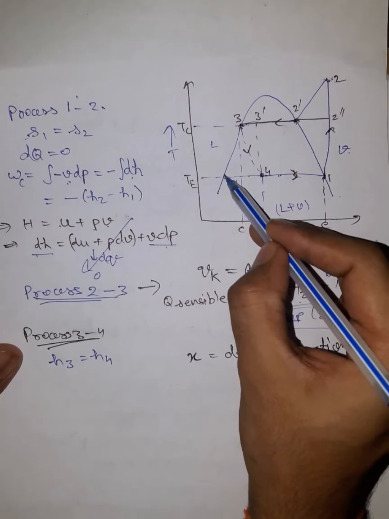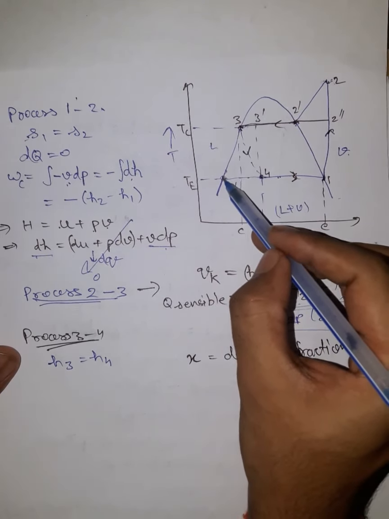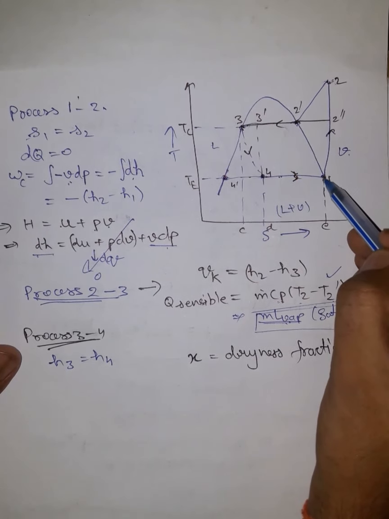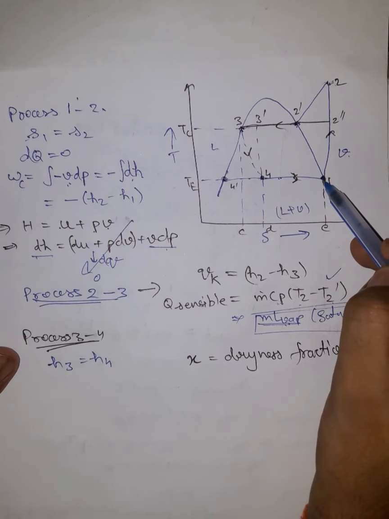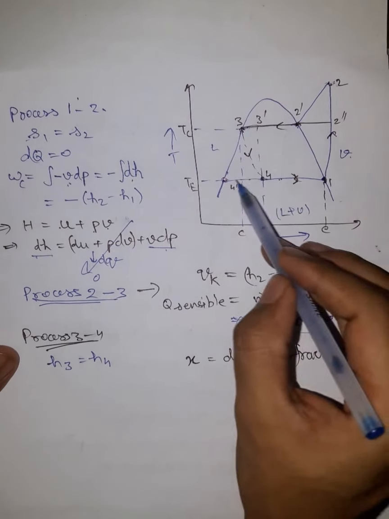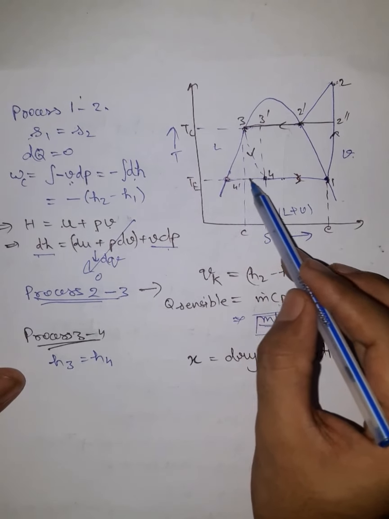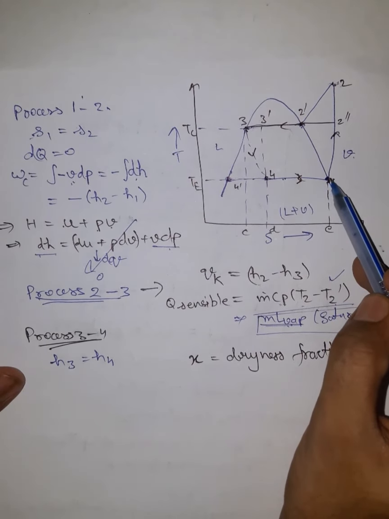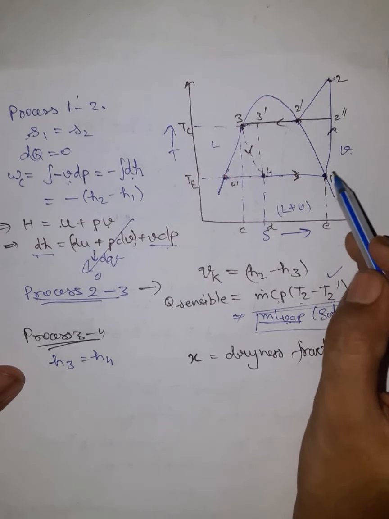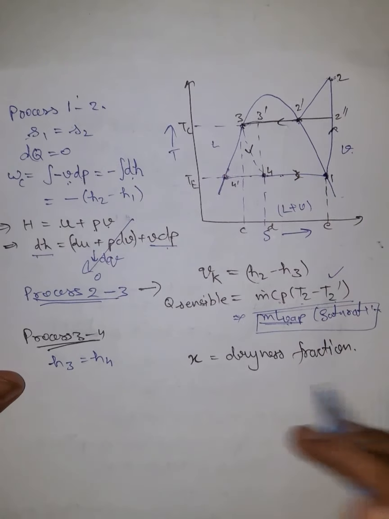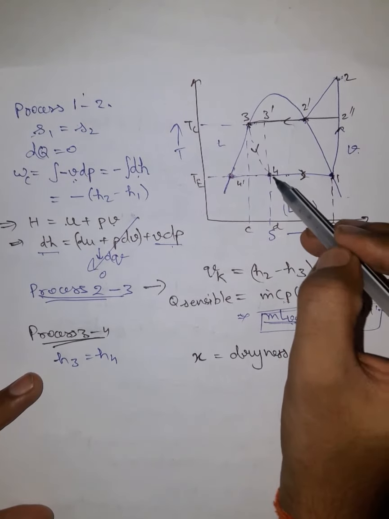We know that at this saturation point, the substance is purely in the liquid form, but at this point all the substance that was in the liquid form has been converted to the vaporized form. So in between, we have a mixture of liquid and vapor, and the amount of liquid will go on decreasing to that point 1. So if the dryness fraction is more, that means most of the mixture is in the vapor form. Okay, so I have written here that enthalpy will be equal for H3 to H4.